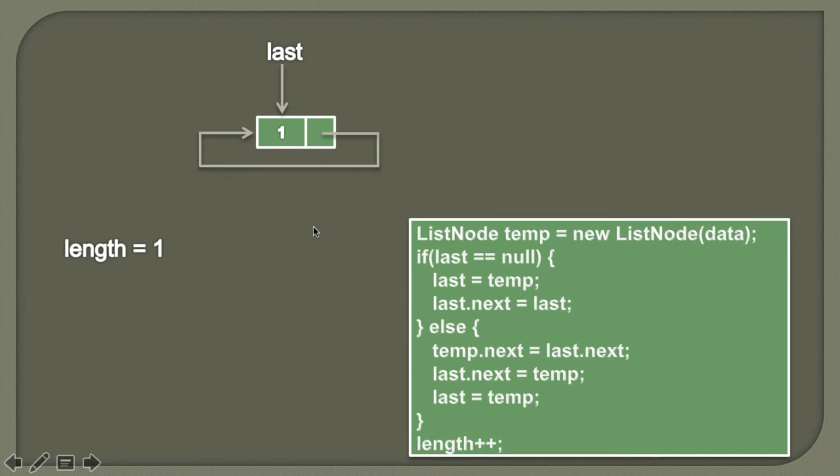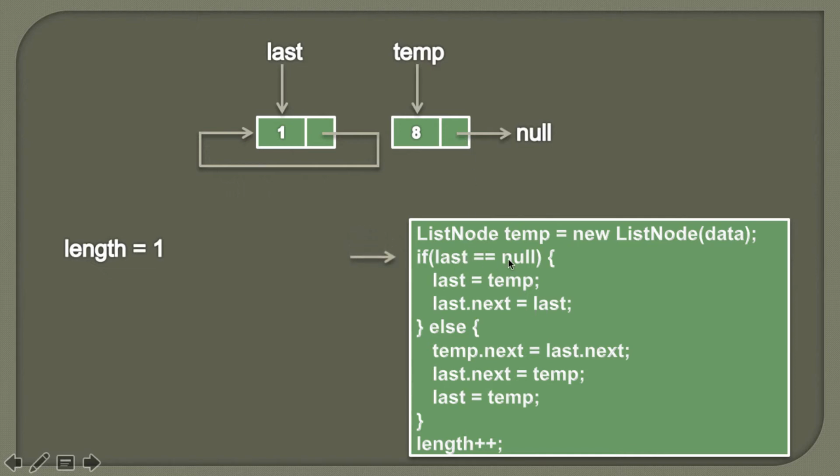So now if we call this algorithm again and we want to insert one more node, let's see the demonstration of the algorithm. Now in the first step we'll simply create the list node and provide the data which we have passed into the method. So it would look something like this. The temp is pointing to the node having data as 8 and whose next is pointing to null. Now let's say we want to insert this node at the end of a circular singly linked list. So let's see the demonstration step by step.